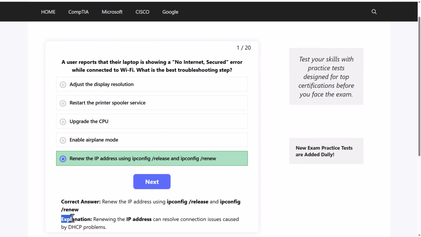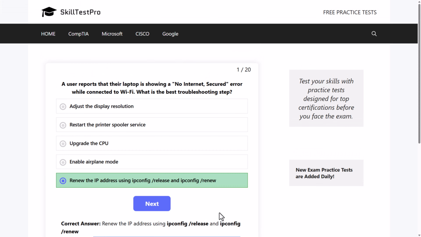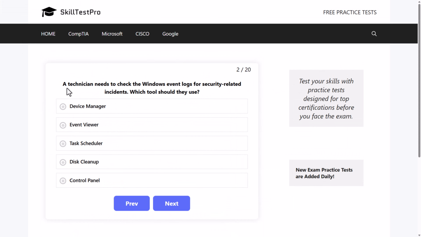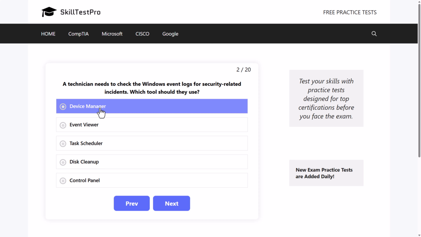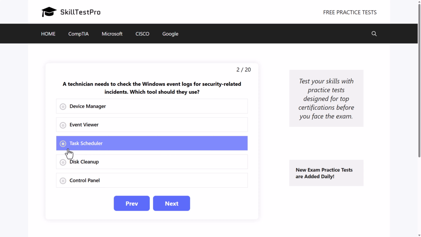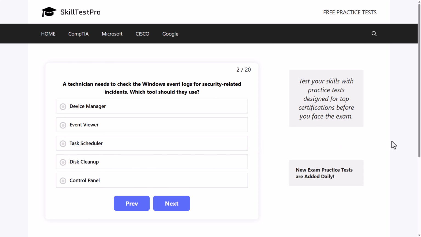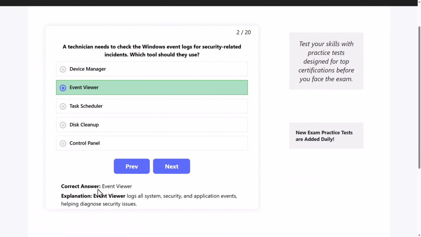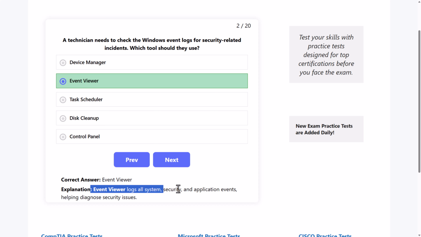And here is the explanation. Renewing the IP address can resolve connection issues caused by DHCP problems. A next question. A technician needs to check the Windows event log for security-related incidents. Which tool should they use? Device Manager, Event Viewer, Task Scheduler, Disk Cleanup, or Control Panel. And here the correct answer is Event Viewer, as Event Viewer logs all system security and application events, helping diagnose